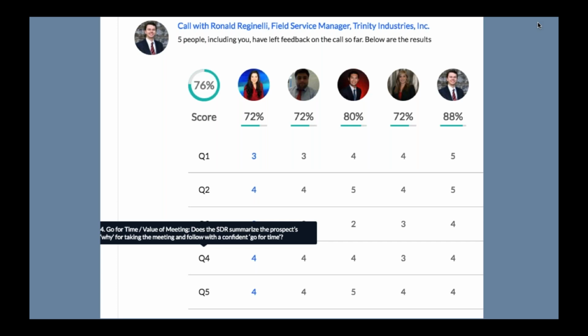Now, when we get to the last column, that's actually the rep's grade. For some reason, it looks like here that Alex gave himself a 5 out of 5, whereas his own manager said he was more of a 3 out of 5. So what I would imagine is happening here is that the manager, Rachel, is working closely with Alex to identify why there's a gap there in the first place.